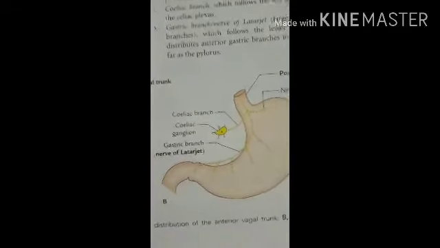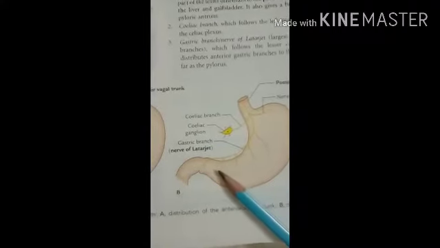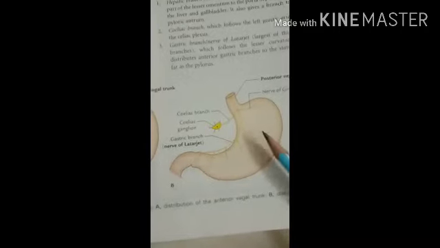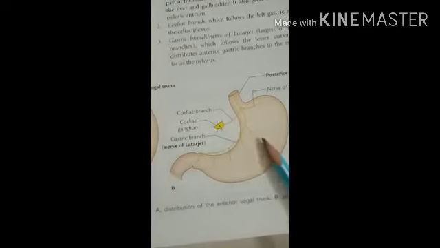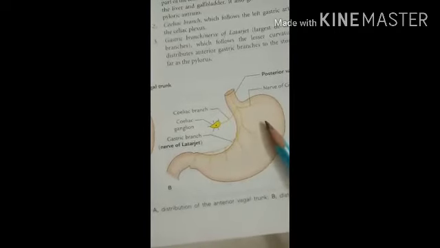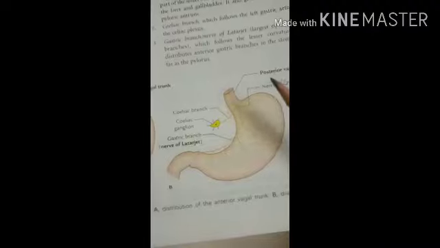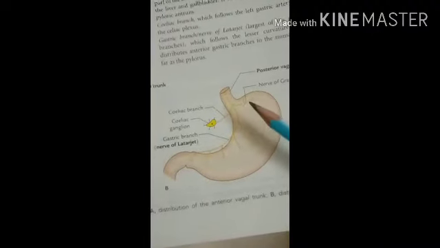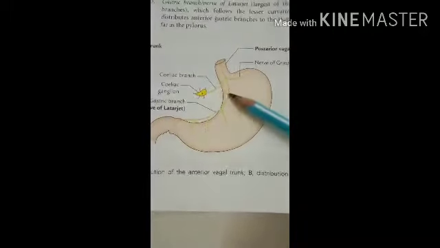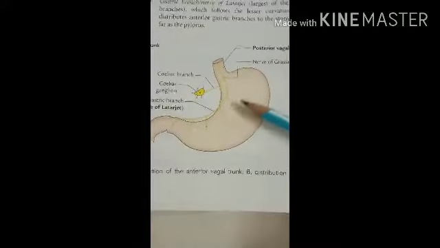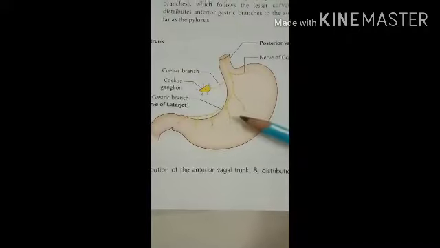Okay. The next clinical point is, whenever a peptic ulcer occurs due to hypersecretion of HCl in the stomach, a surgical procedure called vagotomy is done. It means the vagus nerve or the branches of the vagus nerve, which stimulate the parietal cells to secrete HCl, are cut. Here you can see the branches of the vagus nerve spread into the body of the stomach, which increase the secretion of the parietal cells to secrete HCl.